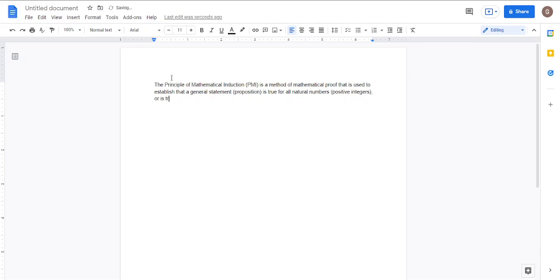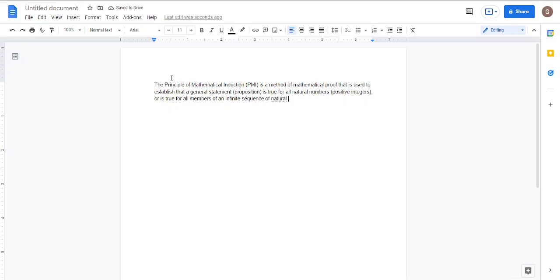or is true for all members of an infinite sequence of natural numbers. There's a lot of words, but basically what we're saying, as I was telling you before, is